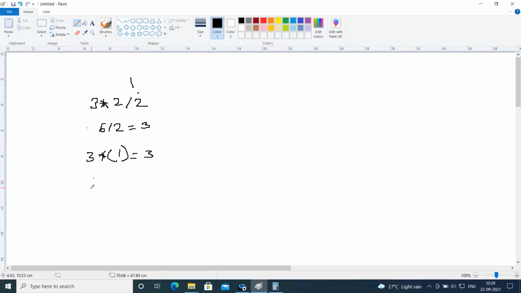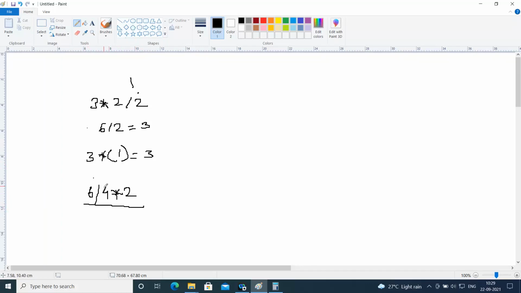Let's say we have some number, let's say 6. We are dividing 6 by 2 and then multiplying it with 2. Now, if we do it in a different order, the answer may change.